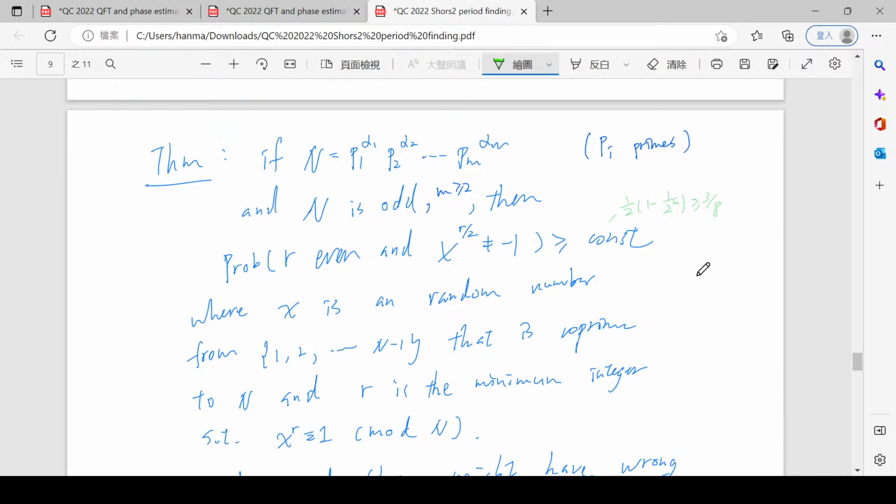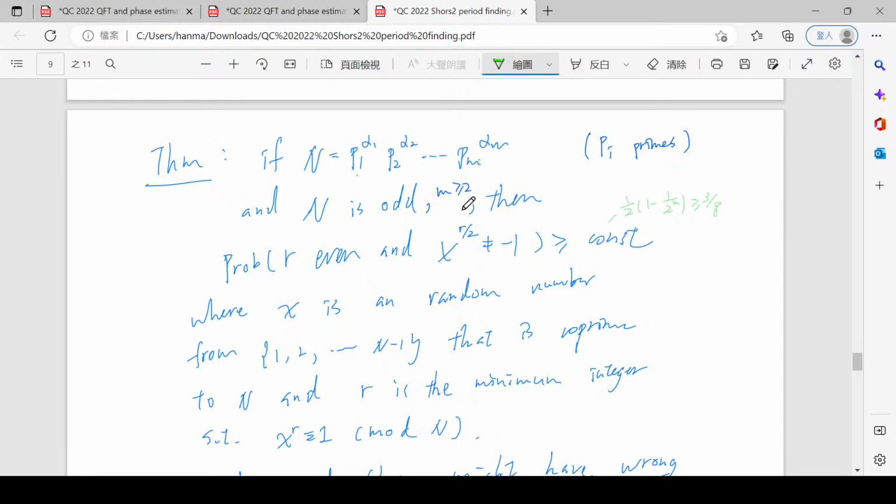It says that if you have some bigger number and you write it in its prime decomposition, p1, p2, up to pm, those are primes, to some powers alpha 1, alpha 2, up to alpha m. And now if n is an odd number and you have more than one factor, so m is greater or equal to 2,